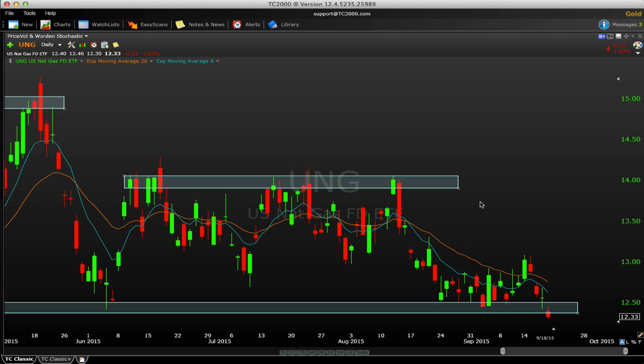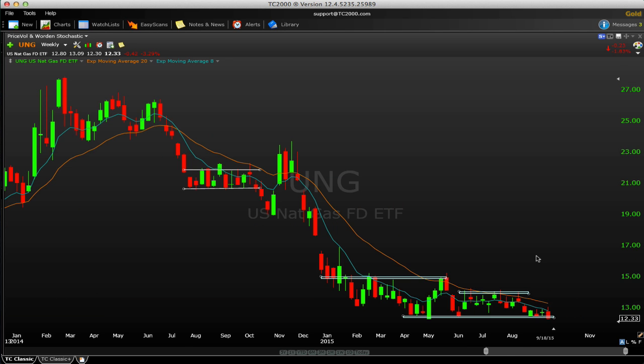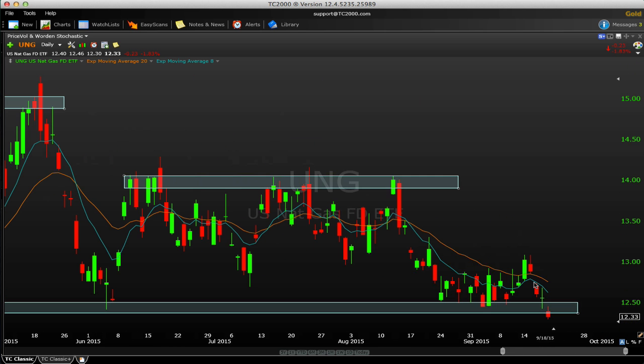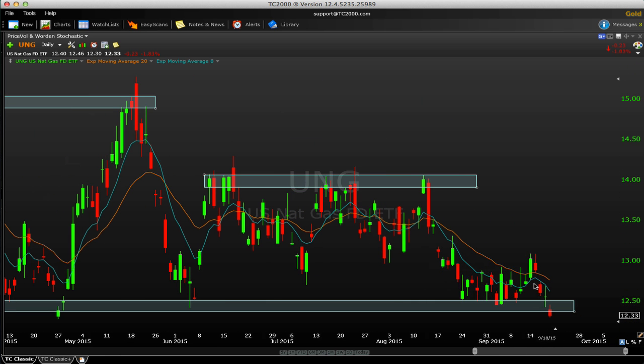UNG, talked about this big support level that price couldn't seem to quite get away from, especially after this reversal move lower here into Wednesday and then Thursday. I am short UNG. It's pretty clear why. It's basically multi-month support, and we're finally seeing a break below it. Again, my stop is in place, and it's just a trade.